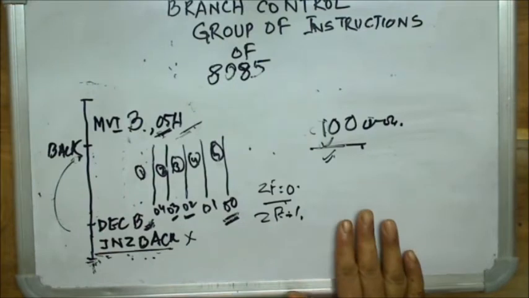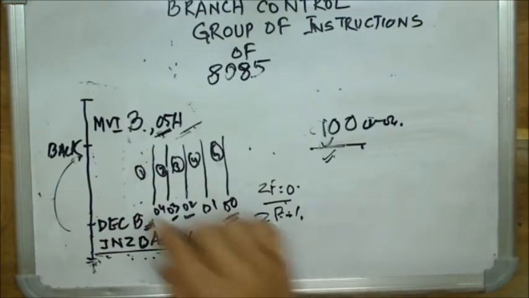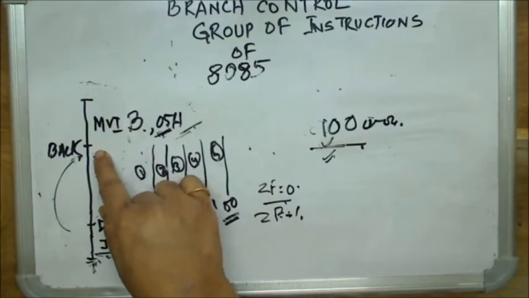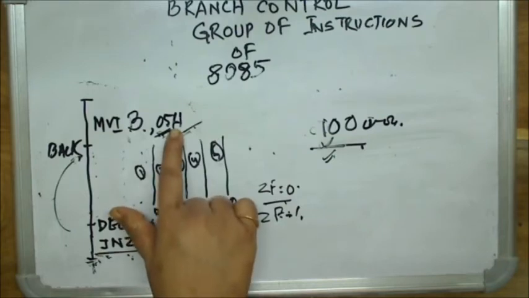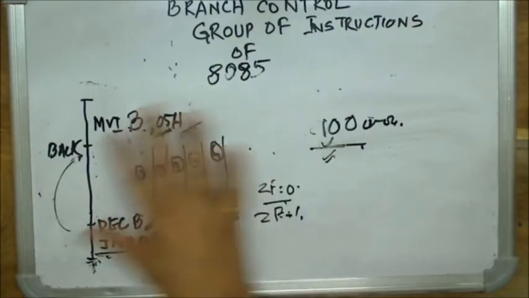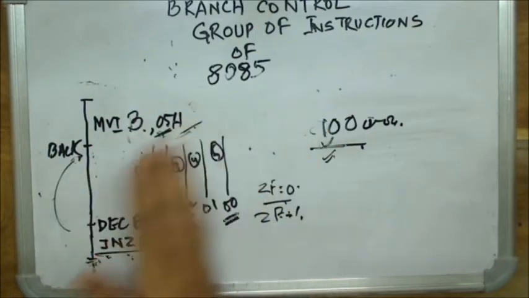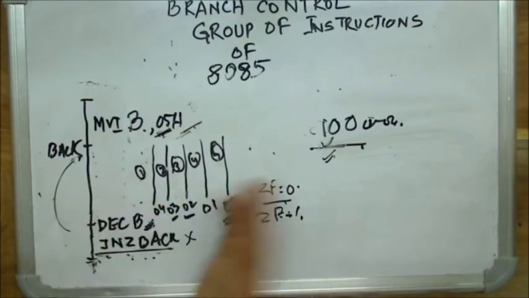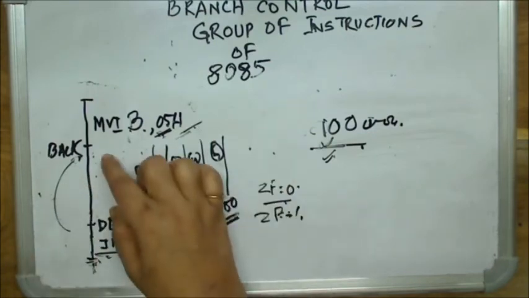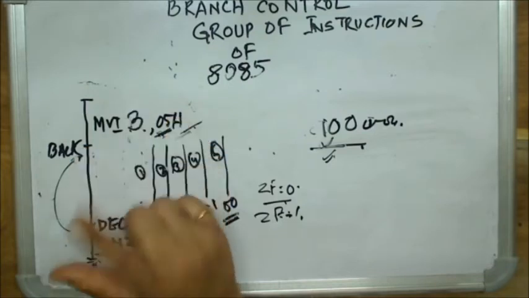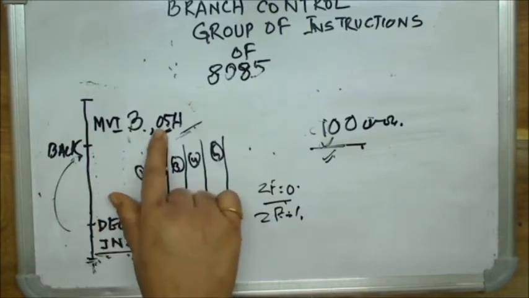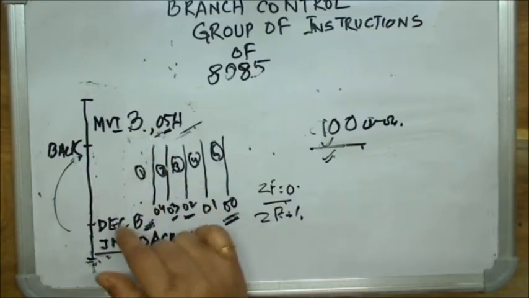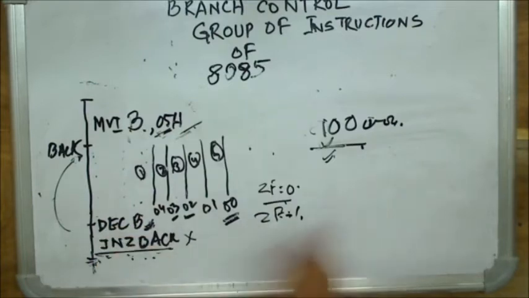So if you have to transfer 20 numbers, I will write a program to transfer one number, put it in a loop with a count of 20 instead of 5, and run the loop 20 times. Then I can transfer a whole block of 20 numbers. In this way I can transfer 20 numbers.